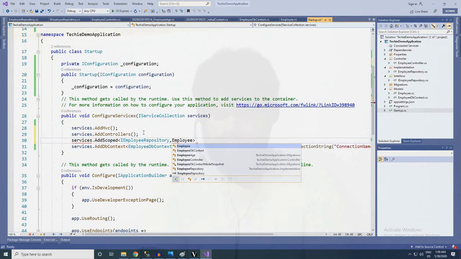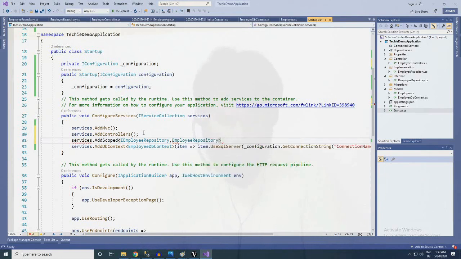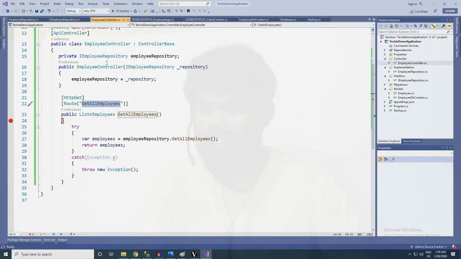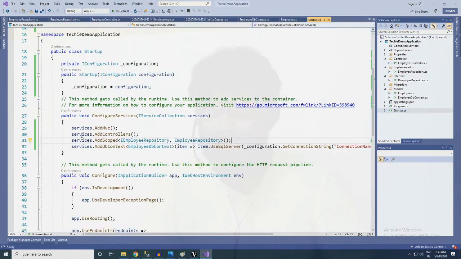EmployeeRepository. Previously I asked how the constructor data will be sent here. The answer is we will be setting the data here. The service will get a scope for IEmployeeRepository, and it will be linked using the singleton pattern.